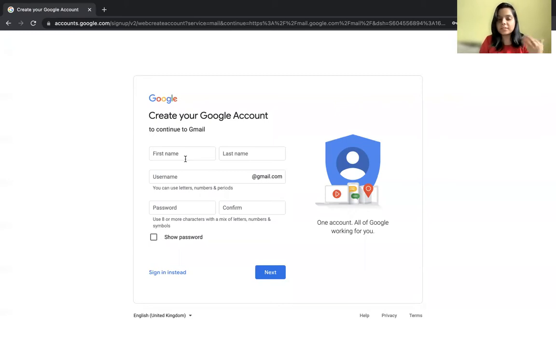Now there can be other test cases, like whether the conditions on the password which I'm entering are working or not. What if I am entering fewer than 8 characters? What if I am entering all letters? What if I am entering all numbers? What if I am entering all special characters? What is the expected result in all these cases? It should not let me proceed. So this is the expected result.